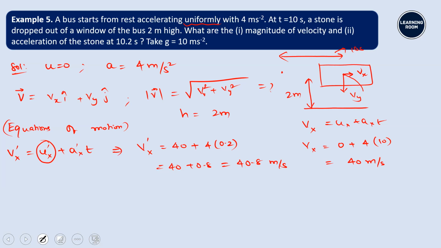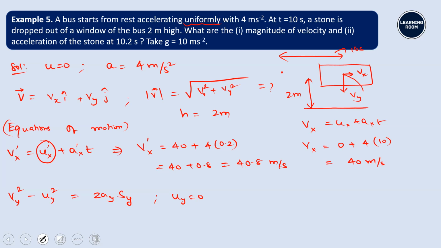second. Right? In a similar way, if I apply the equation of motion along y direction, I'll apply Vy square minus Uy square is equal to 2 into ay into sy. If you see along the vertical direction, since the bus was moving horizontally, when it was dropped, in the vertical direction what is the initial velocity? Uy is 0 because the bus had velocity only in the horizontal direction. So when the stone was dropped, there was no velocity given in this direction. They didn't push it like this. He just left it. So when he left it, it was only the horizontal velocity which is actually taking the